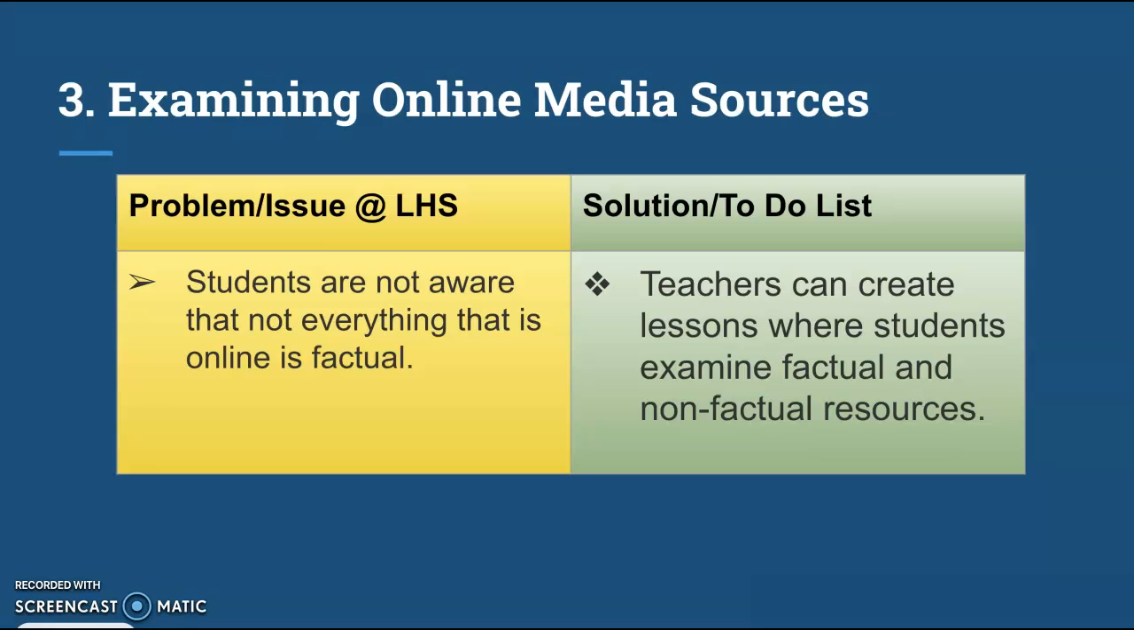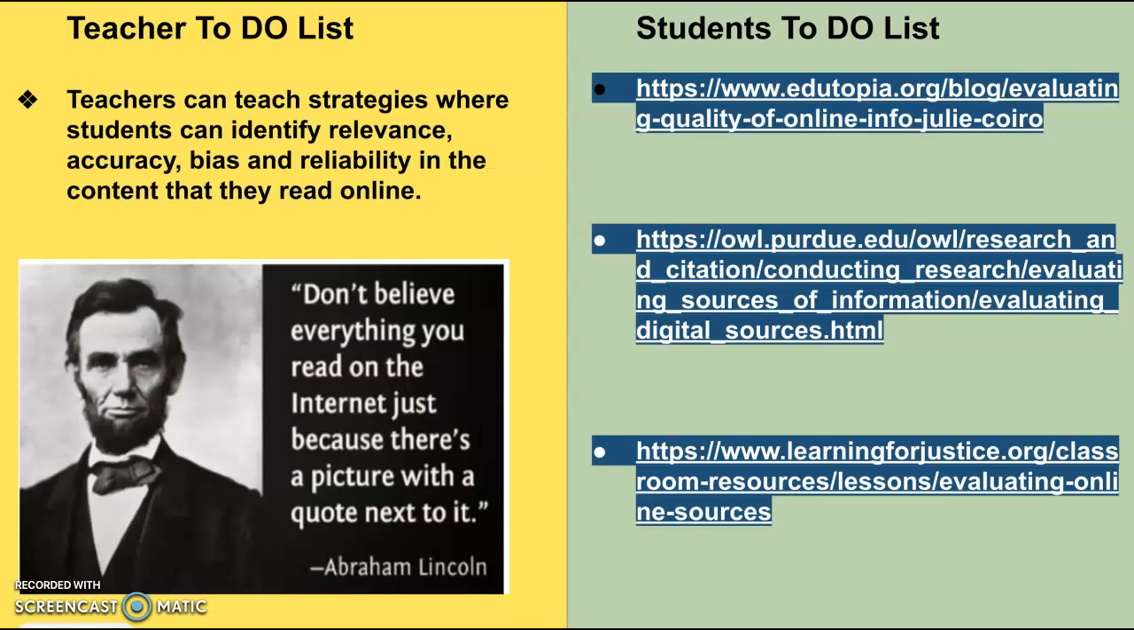Component number 3, examining online media sources. The problem: students are not aware that not everything that is online is factual, that it is not true. Solution: teachers can create lessons where students examine factual and non-factual resources. The teacher to-do list: teachers can teach strategies where students can identify relevance, accuracy, bias, and reliability in the content